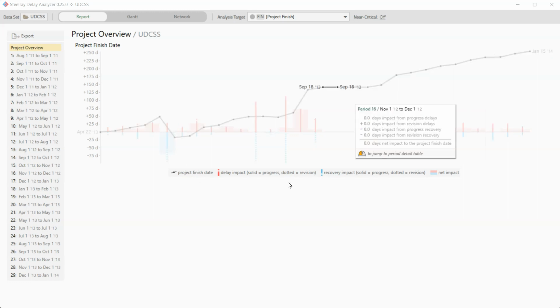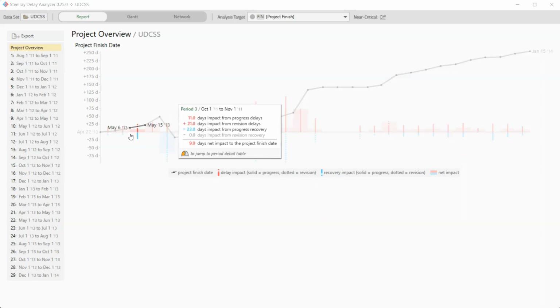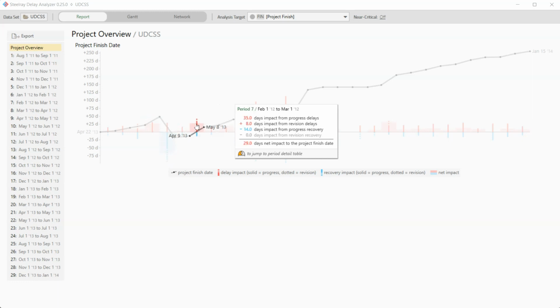And then you've got 4 types of lines, red and blue, solid and dotted. So red solid lines, like we see here, represent the delay from progress-related changes, like late starts, late finishes. We see a blue solid line that represents recovery from progress, like early starts, out of sequence starts, early finishes. Then you've got some periods that have dotted lines, and those are recovery, if it's blue, from schedule revisions, or